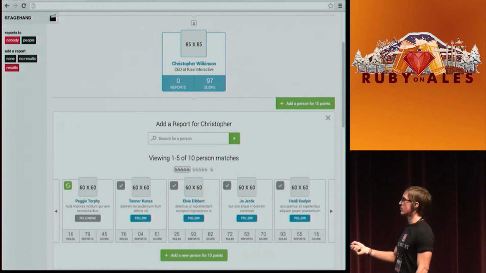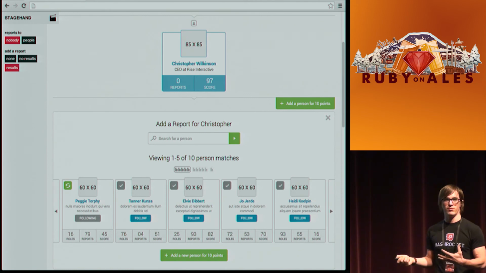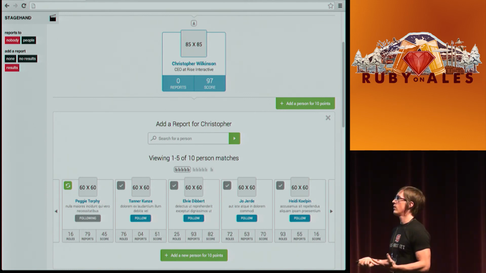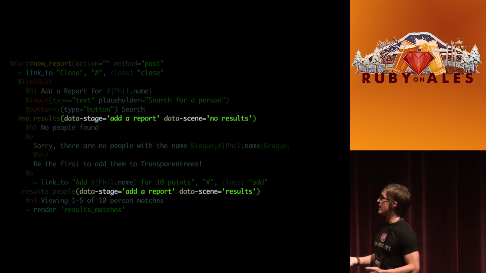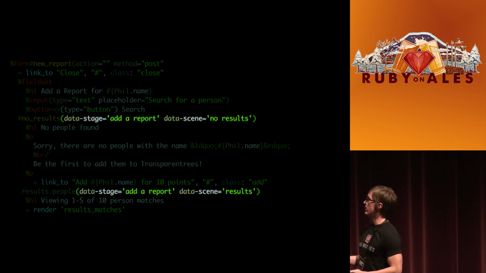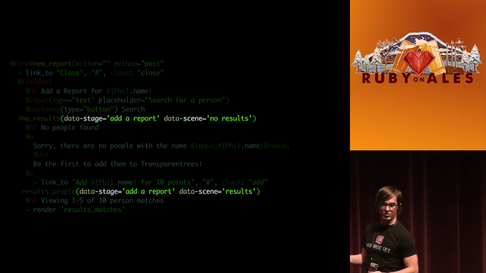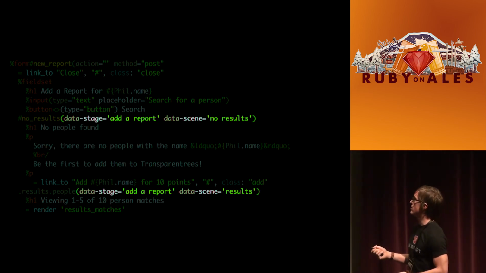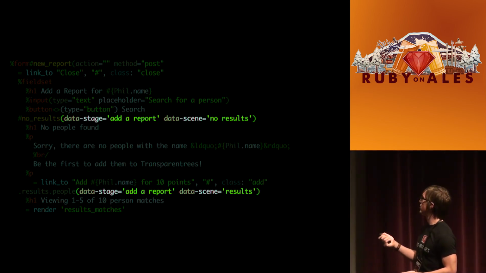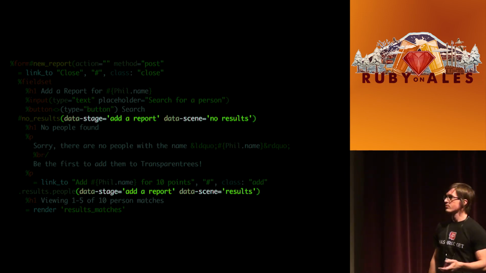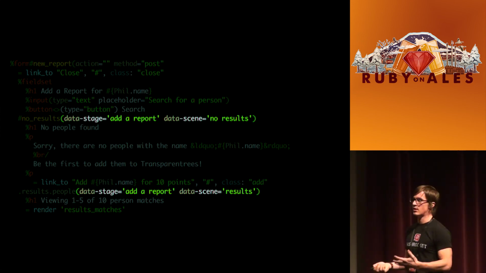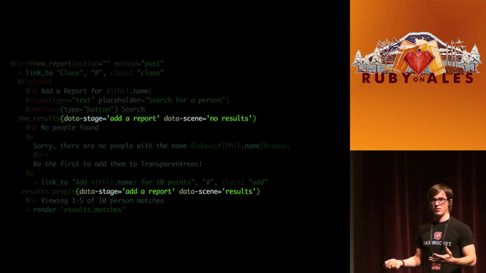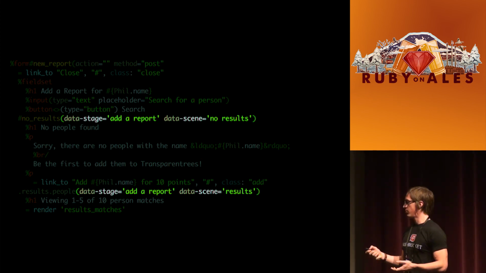So as a designer, I can go in and represent all the states of this in-page search without getting in the way of the regular application JavaScript, and actually without writing any JavaScript at all. So Stagehand allows us to just add data attributes. A stage is a heading that's one group of those little states, and a scene is a particular state. So one of our designers doesn't write a whole lot of JavaScript at all, and she's able to just go in and put these in really easily, build out the page, and we've made our